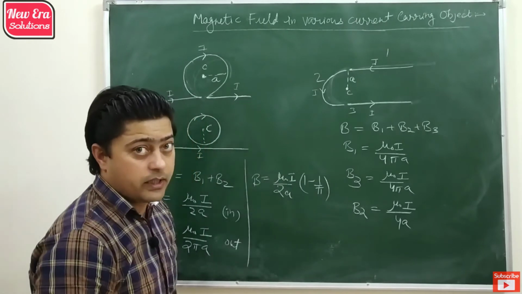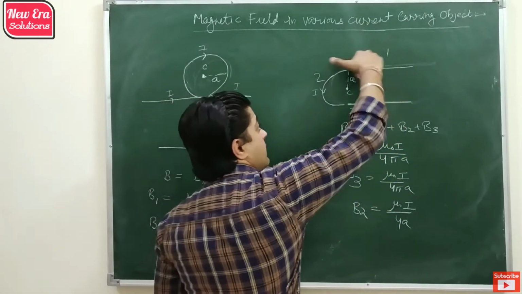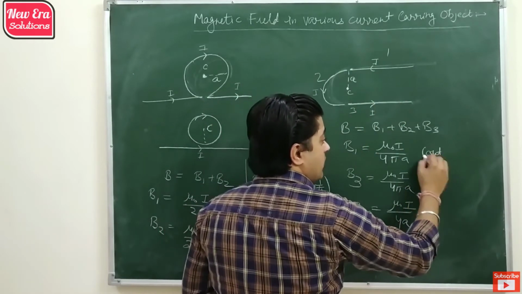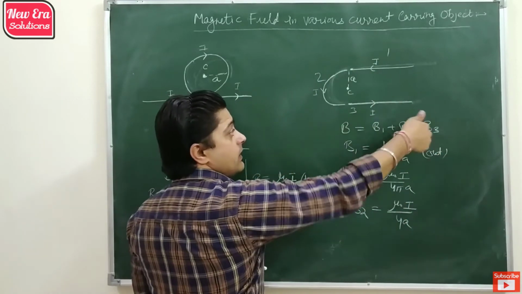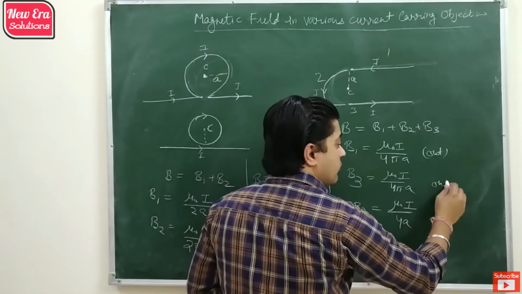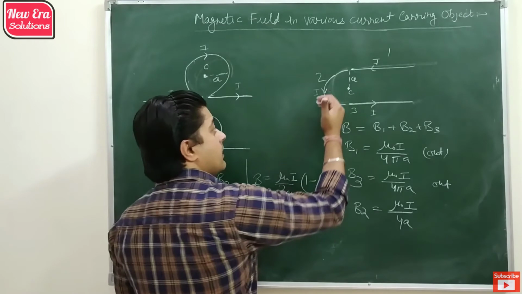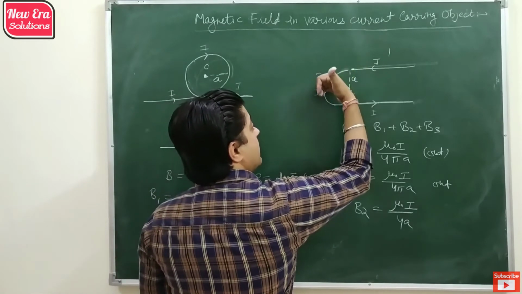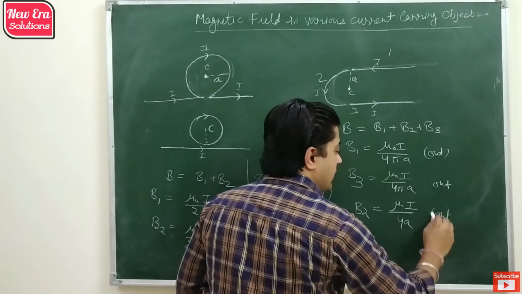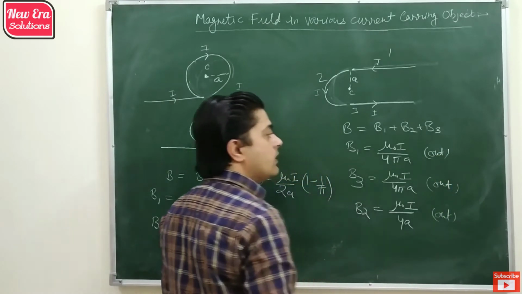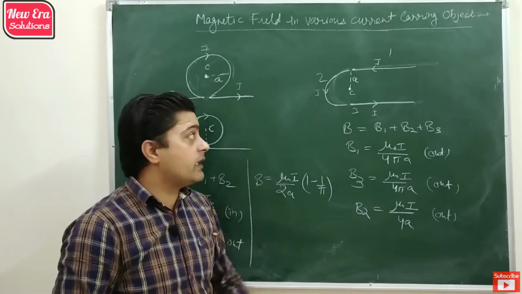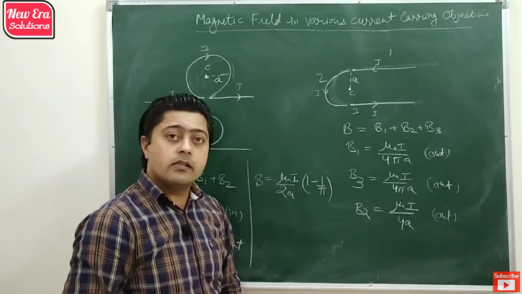If we talk about the direction of the magnetic field, the current is moving in that side, so the magnetic field due to the first is outward. Now we apply the thumb rule on the third part, so the magnetic field is again outward. And if we apply the direction of current and the thumb again points outward, so these 3 magnetic fields are pointed outward. So we can add these 3 magnetic fields to find the net magnetic field at point C.